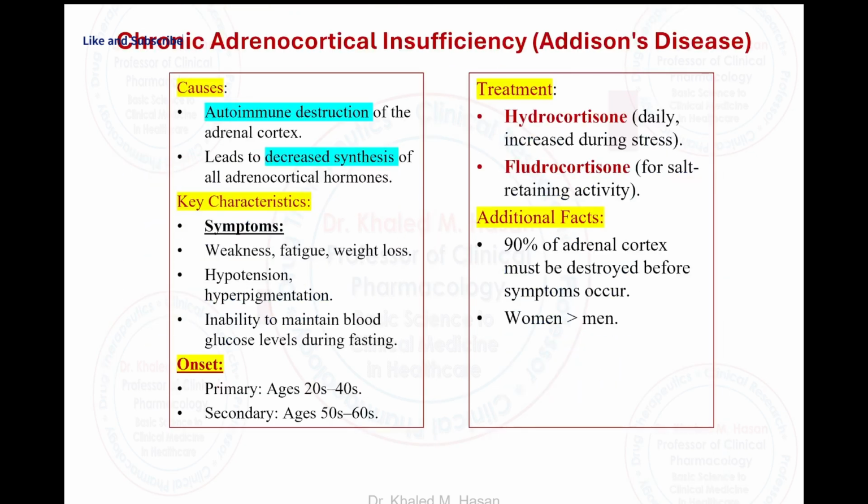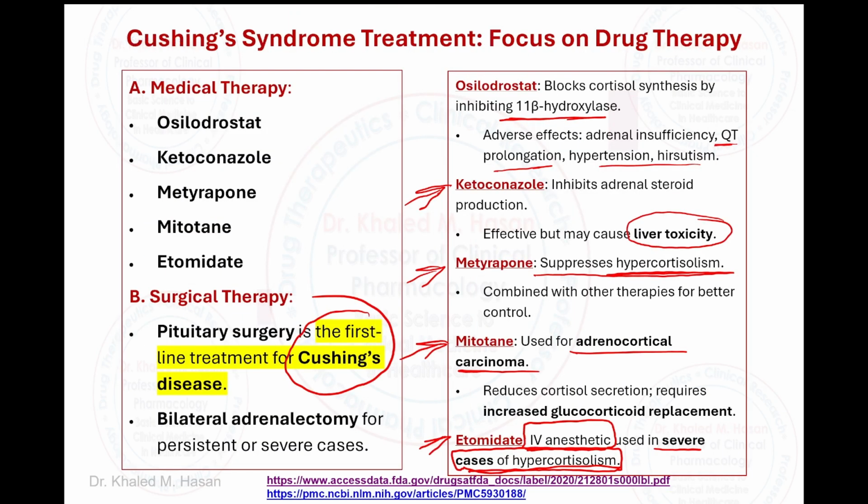We're done with Cushing syndrome. How can we treat a patient with Cushing syndrome here? We try to inhibit the cortisone, the glucocorticoid. We have ketoconazole, metyrapone, mitotane, and etomidate for the severe cases. Etomidate is for severe cases only. So, okay, if you click on the etomidate,